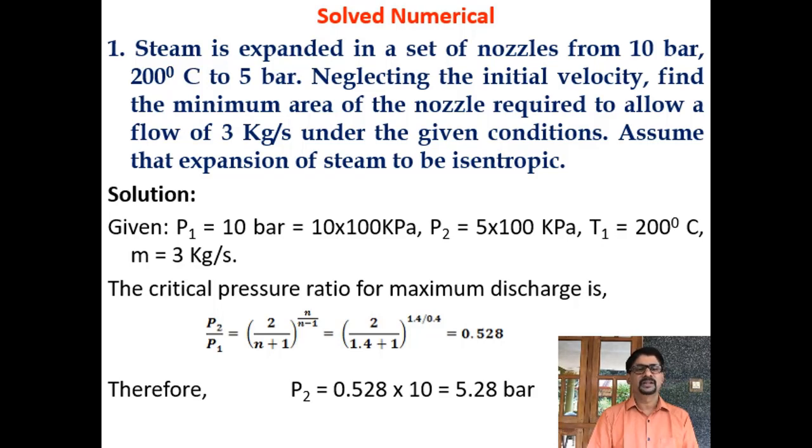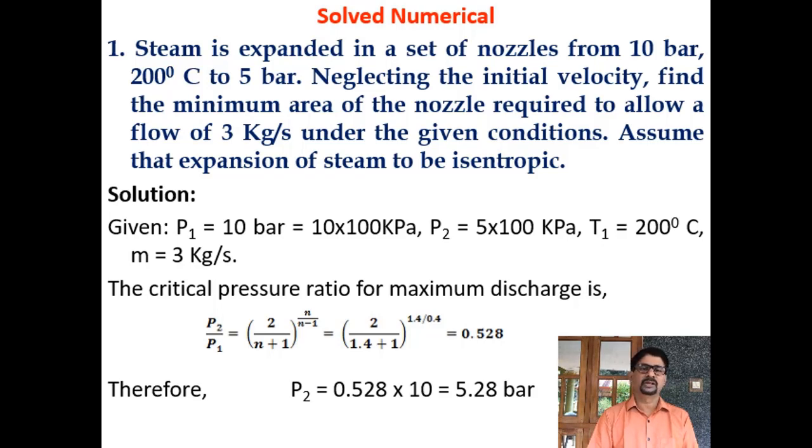Steam is expanded in a set of nozzles from 10 bar, 200 degrees C to 5 bar. Neglecting the initial velocity, find the minimum area of the nozzle required to allow a flow of 3 kg per second under the given conditions. Assume that expansion of steam to be isentropic. So it's a basic problem